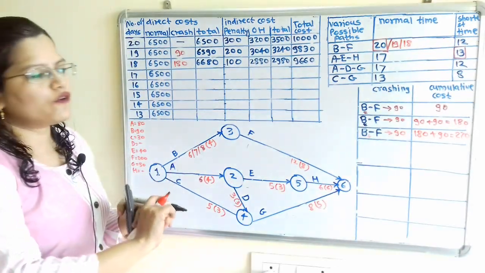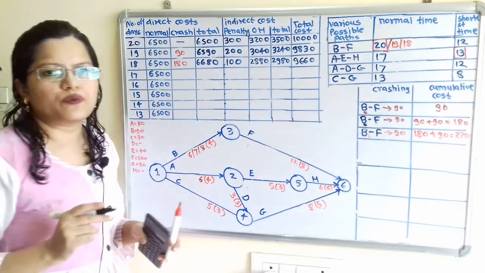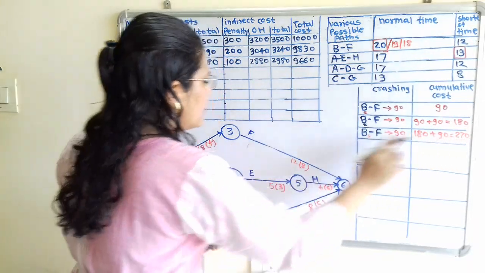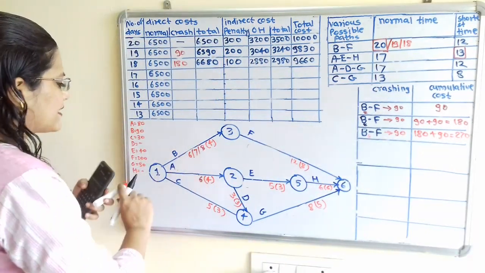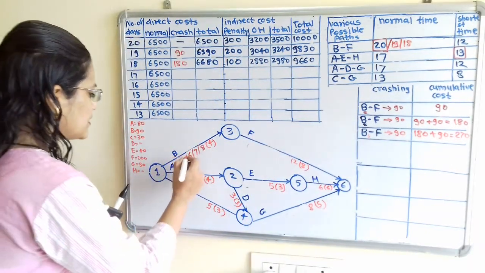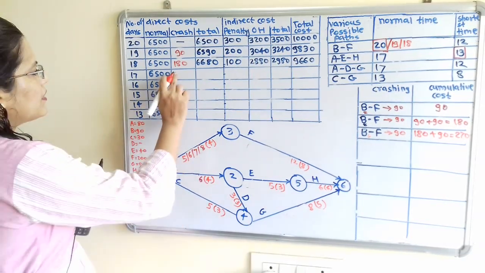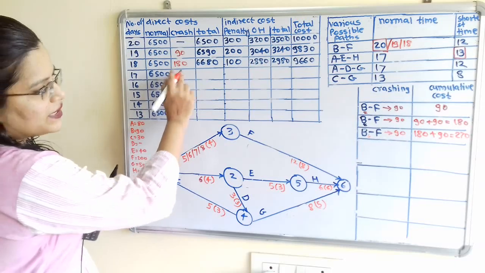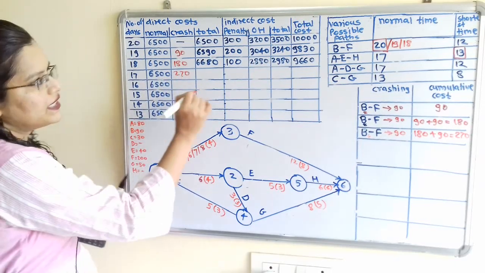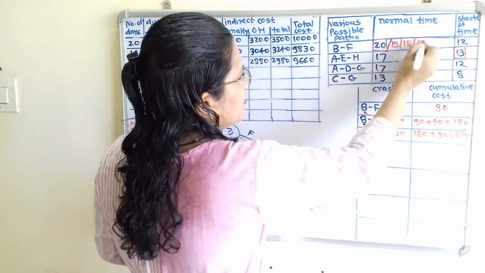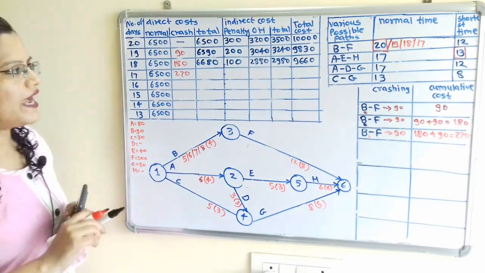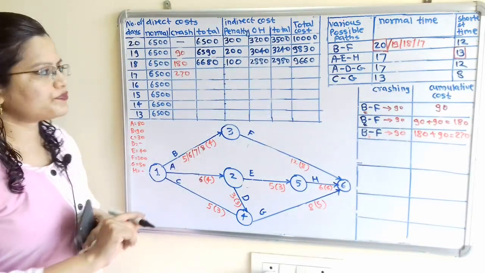Now we have to make the 4 changes. First is for this cumulative cost that we have written. Second one is in this diagram. So we have to reduce this B normal time, that is from 6 to 5. Third one is in this cost table. Here we have to write 270, and fourth one we have to write here as a 70. We have to reduce this by 1.